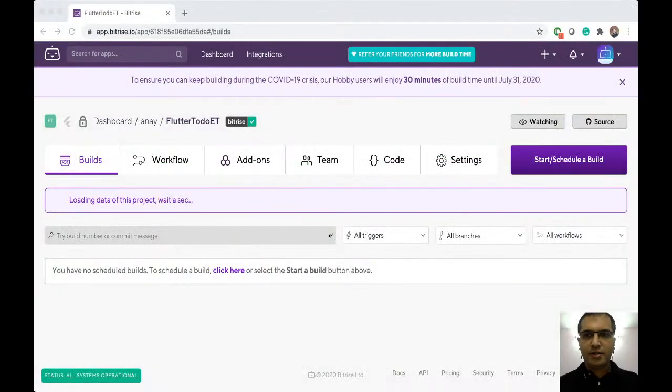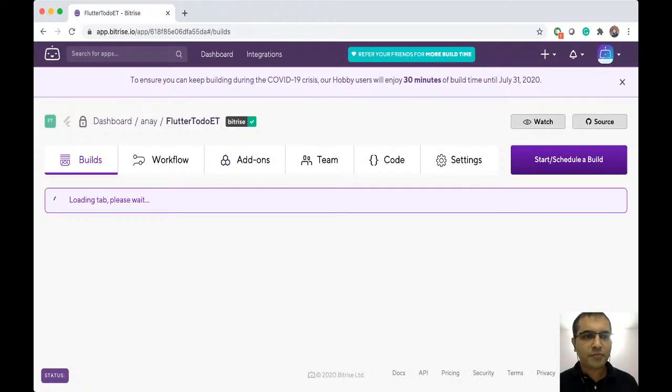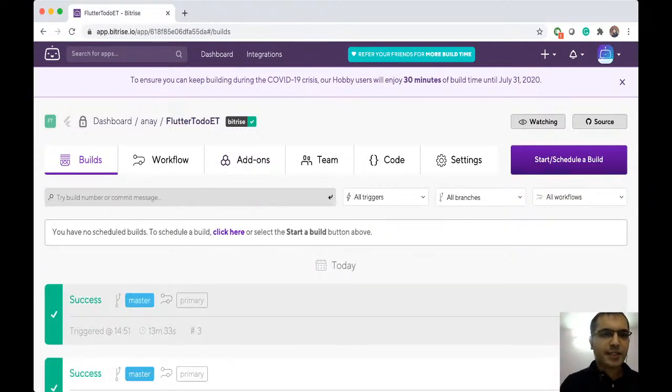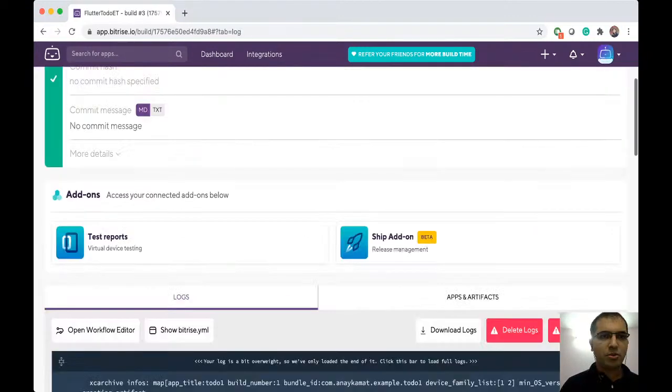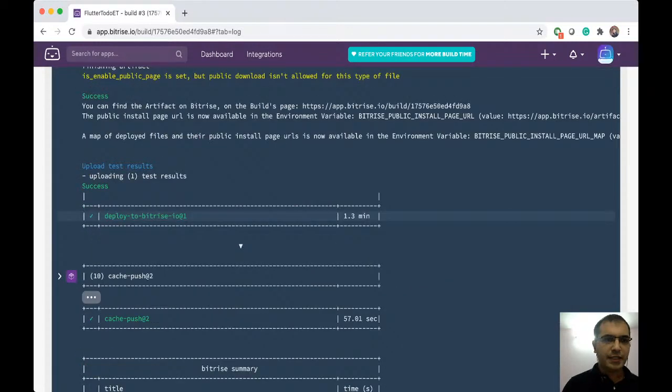So we were talking about CI/CD for this purpose. Let's go to that. Yeah, so this is the CI which we have in place. Let me just do a hard refresh for it. There are no scheduled builds as of now. All the previous builds have gone successful, and you can see what it tries to do. So there are a lot of logs over here, but you can literally see that it is trying to deploy to Bitrise, trying to take some cache. These are all the steps.